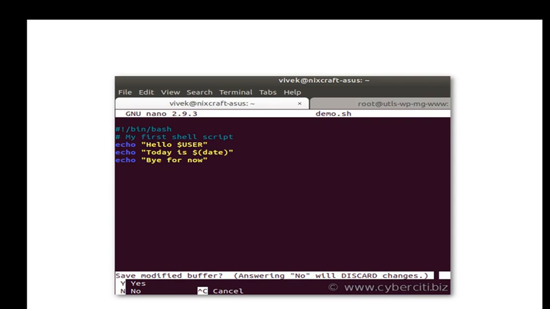As you see in this terminal, this is the code that I have entered, and below it is the prompt Save modified buffer, Y/N. Y is to save, that's why we press Y along with Enter.